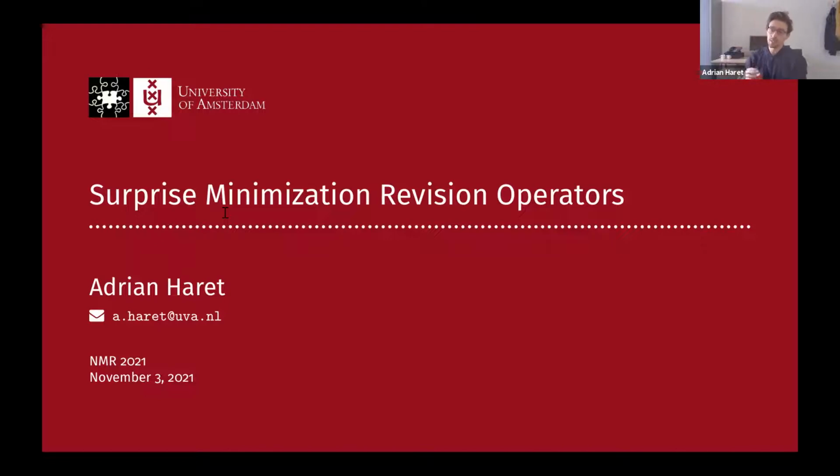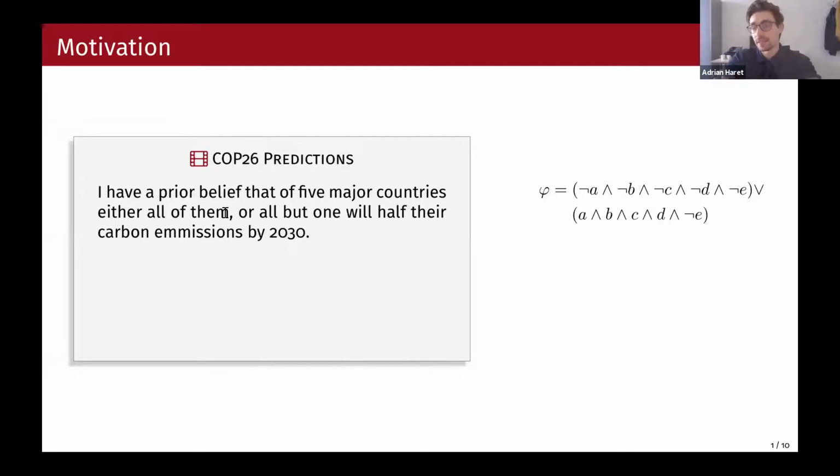So the first talk here is called Surprise Minimization Revision Operators. And it's about revision operators that minimize surprise. I'll just jump right in with a